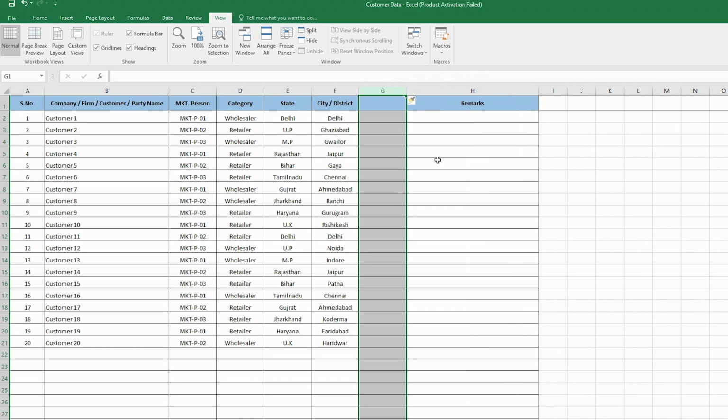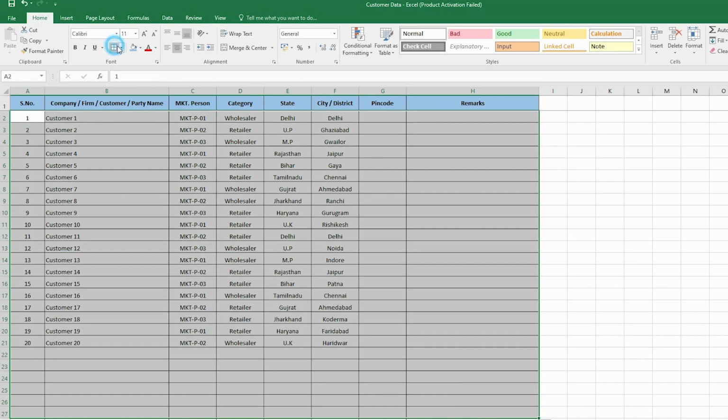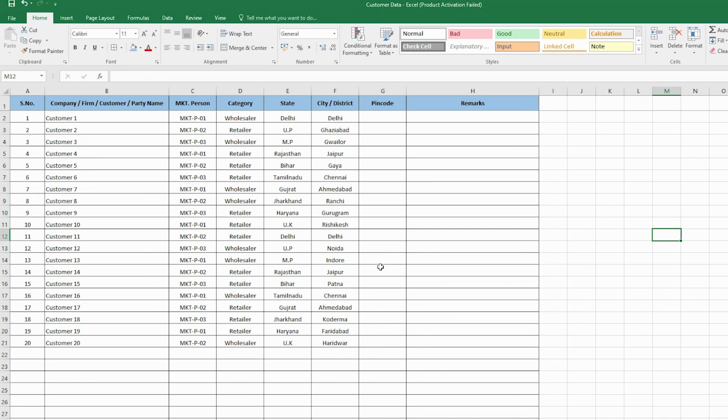And here is the option of insert, and you can also write something if you want, like the pin code. Here should be all borders, and that sheet will be fixed.